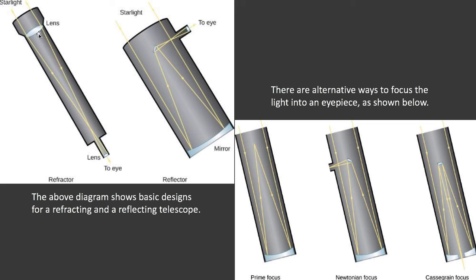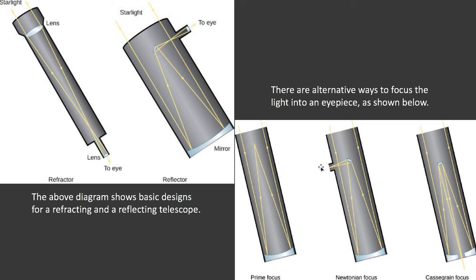For a refracting telescope, they mostly work this way, where you have the light coming in, goes through the objective lens, goes through the eyepiece. But for the reflecting telescopes, which I would say most serious amateur astronomers and certainly professional astronomers use, there's plenty of different designs. The two primary types of design are the Newtonian focus. So this is how Isaac Newton designed his, where the light comes in, reflects up to a mirror, which angles